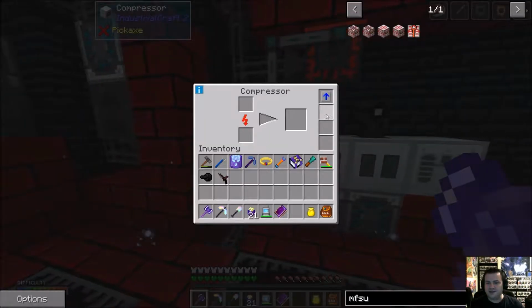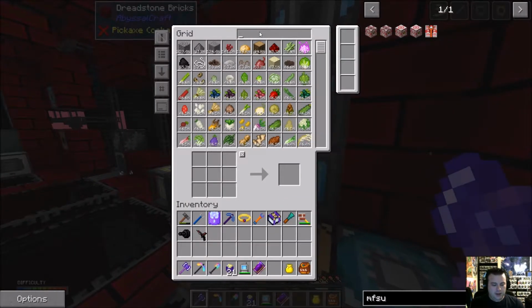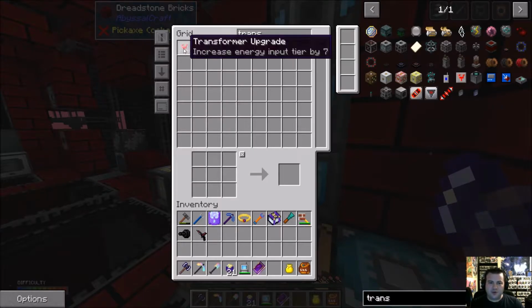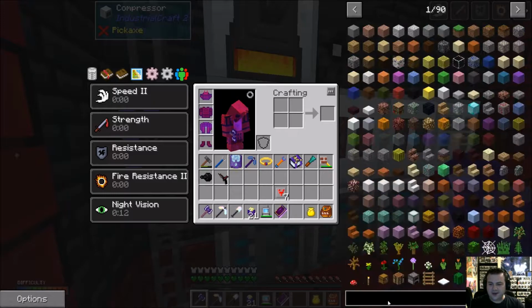We're going to be moving into tier 4 power instead of tier 1. So let's take a look at those transformers. We have 7 of them so far. And let's see. Another thing that I think I want...